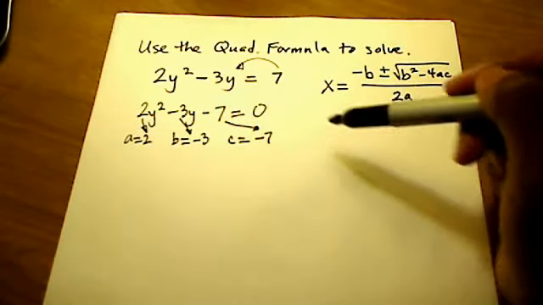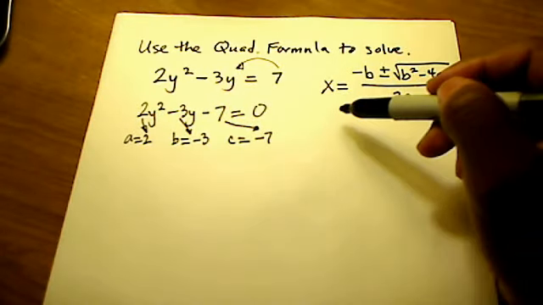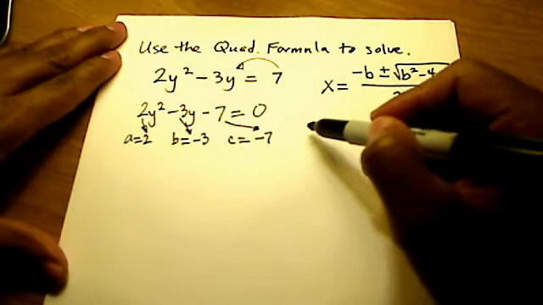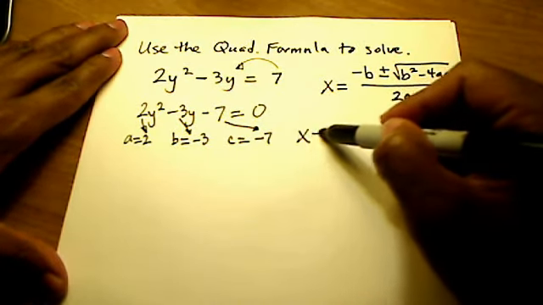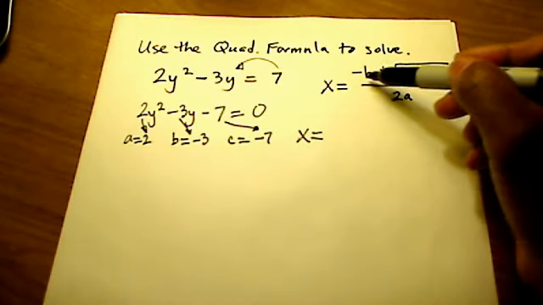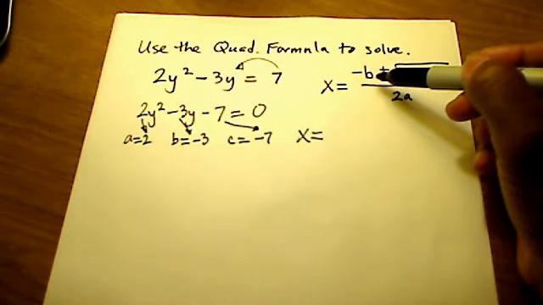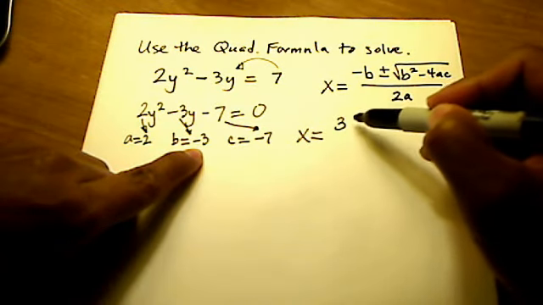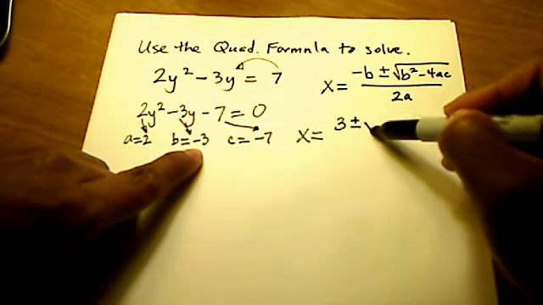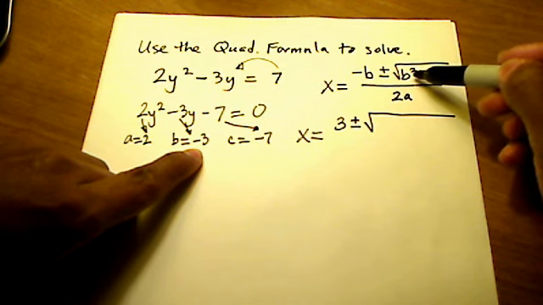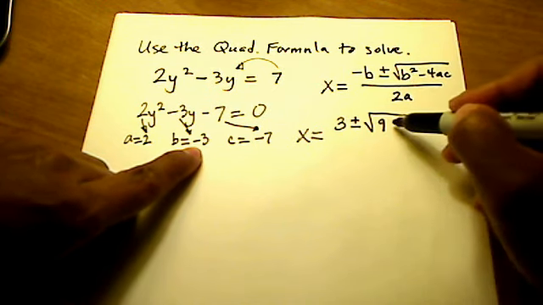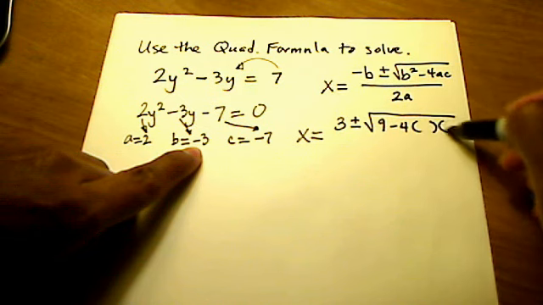All right, so now that I have my players a, b, and c, it's now a matter of just plugging them into our quadratic formula. Here goes. So I have x is equal to, and the way I read this is, give me the opposite of b. So since our b is negative 3, the opposite would be a positive 3. Plus or minus b squared. All right, b squared, that's just negative 3 times itself, which is 9,